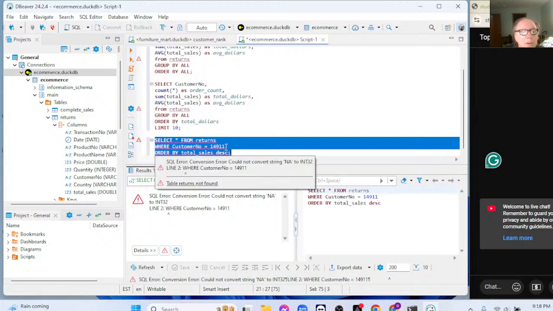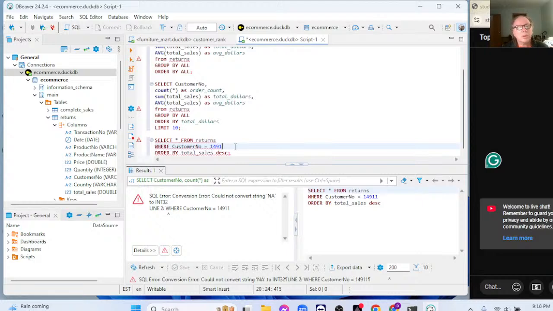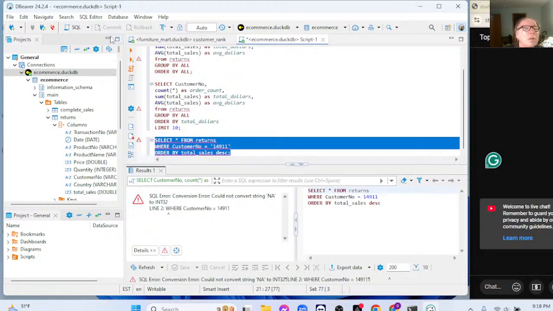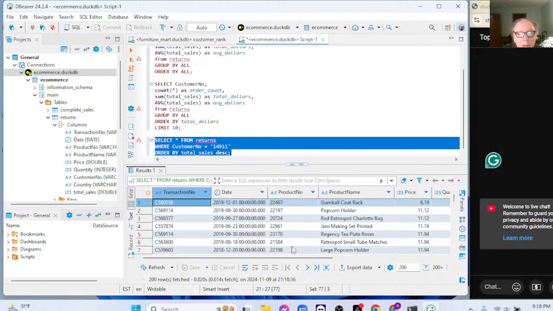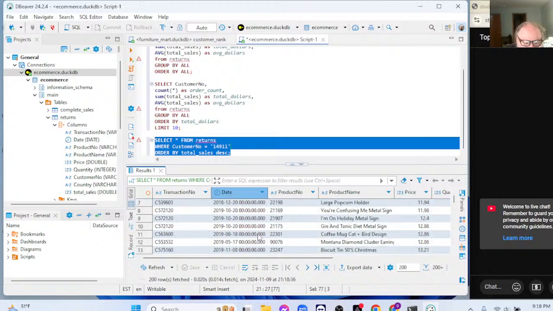Oh, you know what the trouble is? Oh, this is interesting. Customer number is stored as a character string. And here they are. They all occurred apparently in